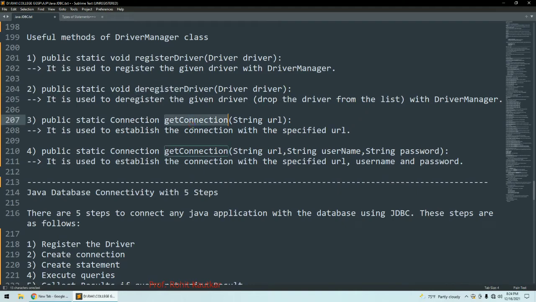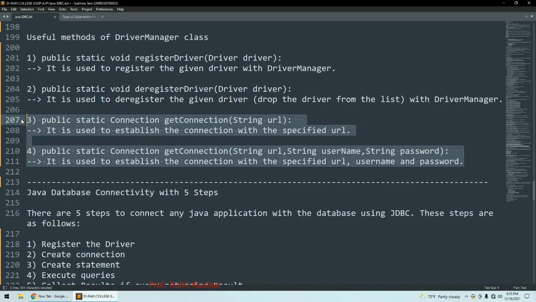Then third method, we have a very important method, getConnection. Now this getConnection has two versions. In the first one, you can pass the URL which will be used for establishing connection with the database, and the second method is using URL, username and password as parameters. So according to your requirement, you can use any of these methods for establishing connection.